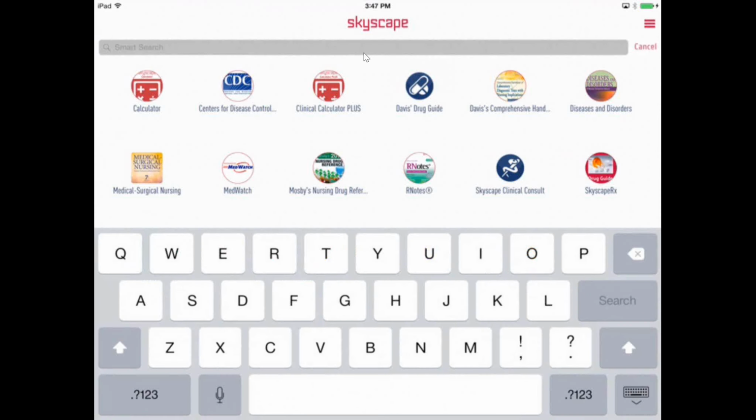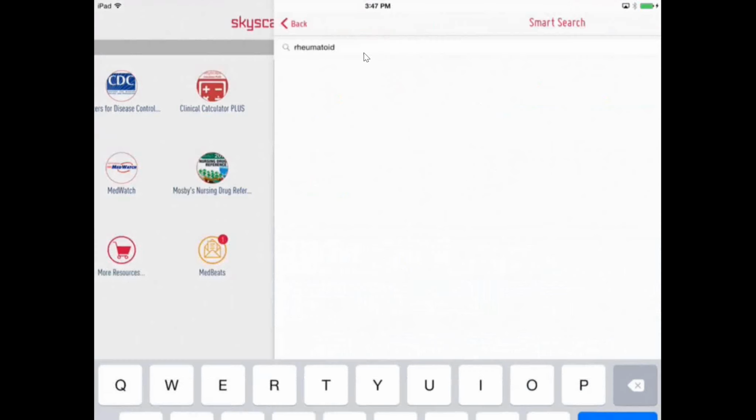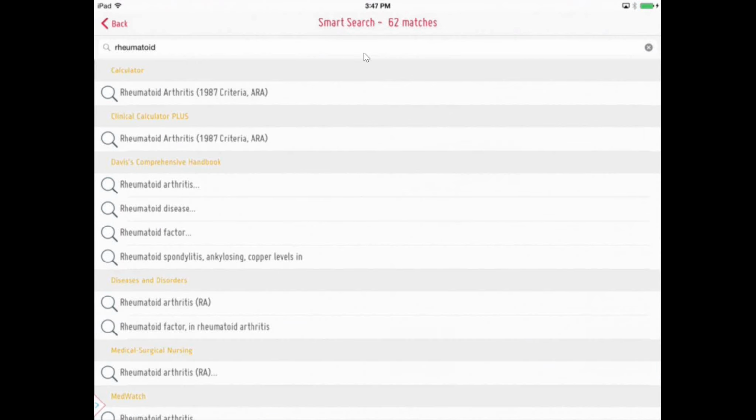Maybe you heard the instructor say a word in class that you didn't quite understand. Maybe you're studying your textbook and you find a word that you don't understand. Maybe you're in clinical and you heard the physician say a particular word. Well, you can do a quick smart search to find that word. What were they talking about? So one might be rheumatoid. Let's see if I spell it right there. And it looks for this word through every single book on my